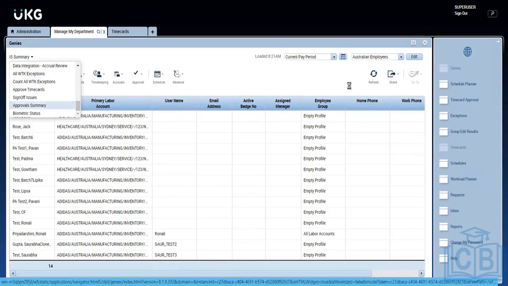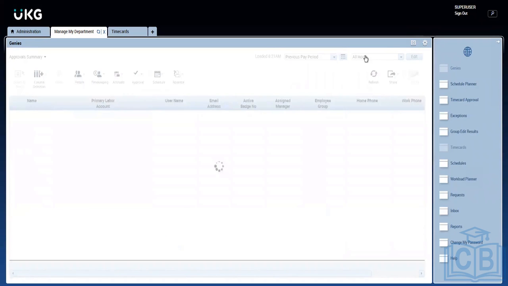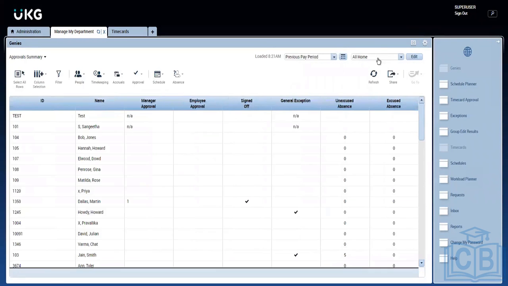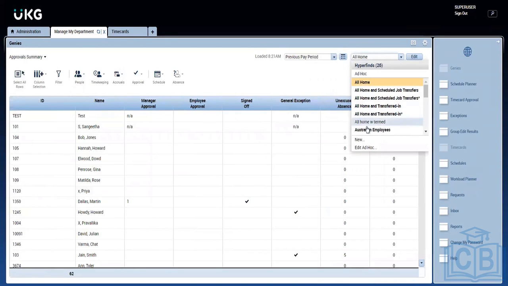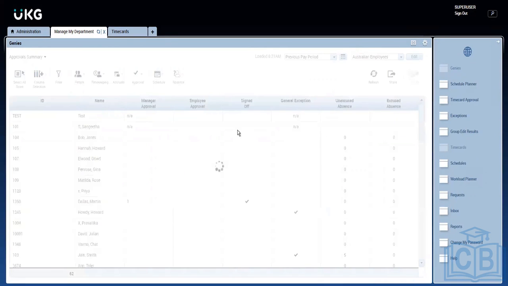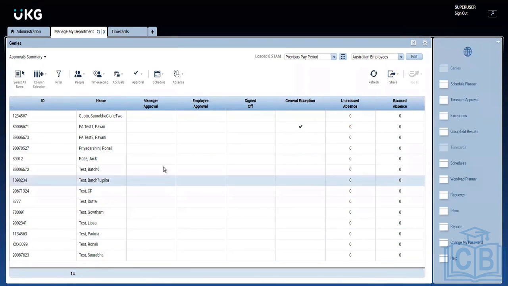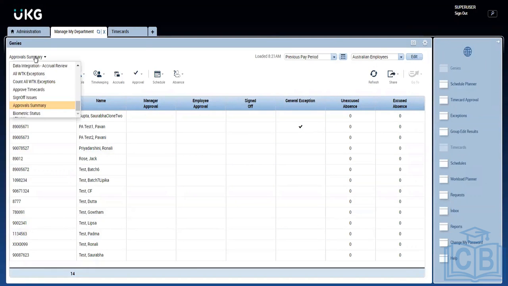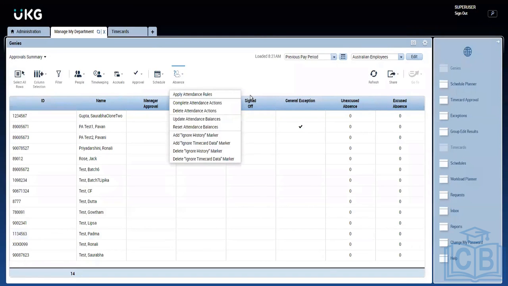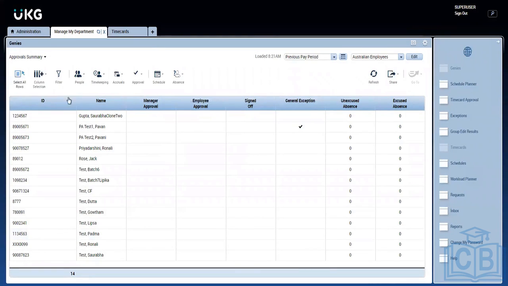If you want to see approval summary, you can click on approval summary. By default, it will go to all home, but you can select Australian employees so that it will give you only the Australian employees. It's a one-time creation and can be used across all the Genies. This is very useful.